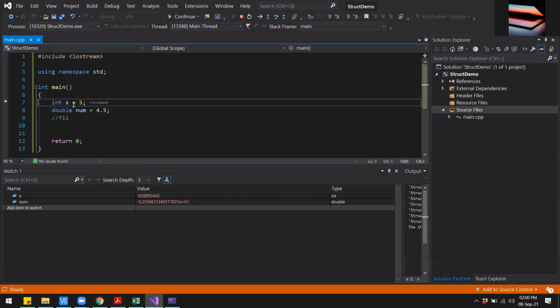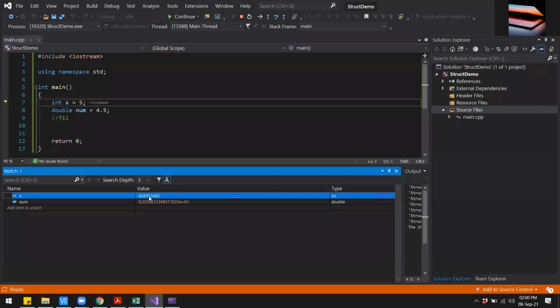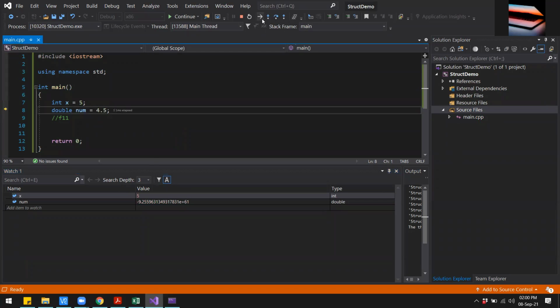So when line number 7 runs, you will see that the value of x will change. And you will see that there is only one component where that value can be stored, right? The value is 5. The value of double is 4.5 and all of these zeros. So that is simple, right? We know that. Now to create a struct,